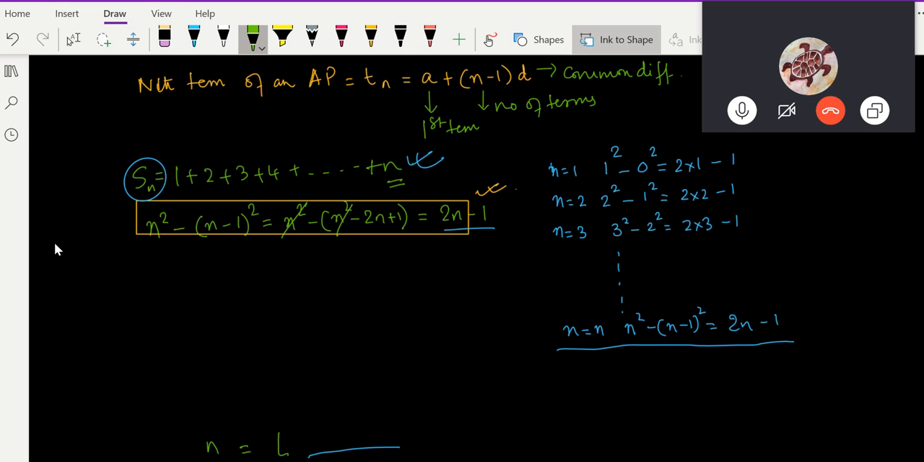Now when I add up all these terms, what happens is 1 square cancels out with minus 1 square, 2 square cancels out with minus 2 square, 3 square will cancel with minus 3 square here. Similarly, n minus 1 square will cancel with n minus 1 square here, right? So we will be left with n square minus 0 square. 0 square is 0. So therefore, n square is equal to twice of 1, 2, 3, 4 up to n,